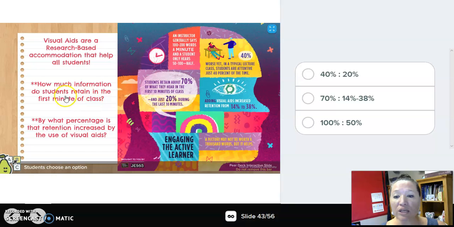So how much information, according to this visual here, how much information do students retain the first minute of class? And then by what percentage is that retention increased by the use of visual aids? So they retain about 70% of what they hear in the first 10 minutes, and then during the last 20 minutes, they only remember about 20%. But with visual aids, the retention is increased from 14 to 38%. So really helping them with